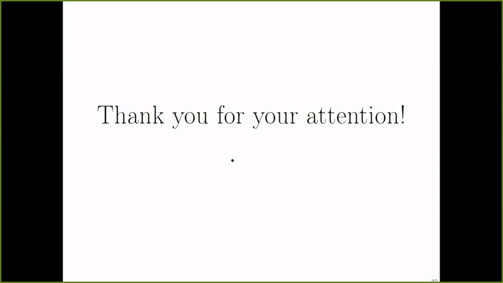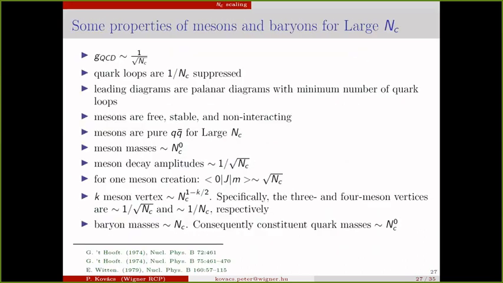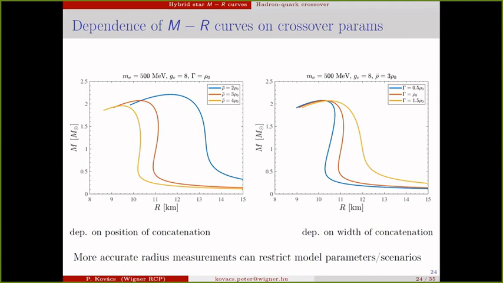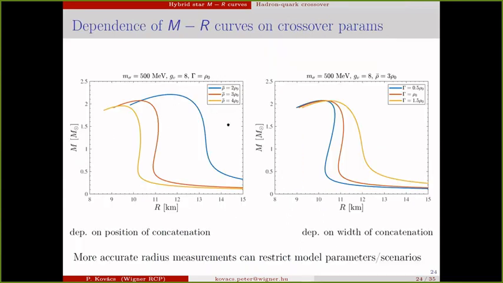Peter, from your very interesting results about the predicted EoS of neutron stars, there is quite a big variability depending on the width and the center of the transition region that you put in. Which means that in the future, precise determination of mass and radius will give, as an aside, very interesting information on this intermediate state between confined and deconfined.